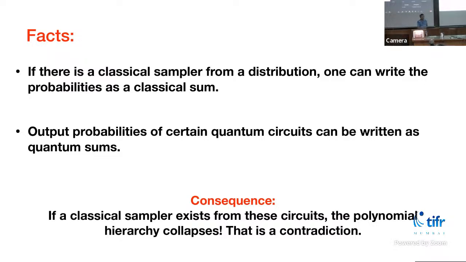Every single interesting function maps to the output of a circuit? Yeah, so that fact is true actually. Each quantum sum, like the thing that you just saw, can actually be written in terms of the probability for a specific quantum circuit. The structure of the circuit is quite simple. They call these Fourier sampling circuits. But each quantum sum does map to a quantum circuit. That part is true. Yeah, that is required. Yes, true.